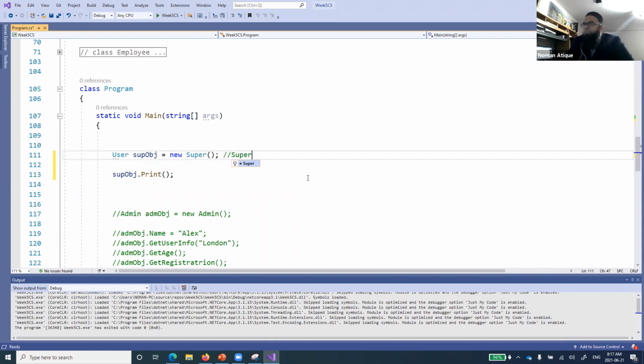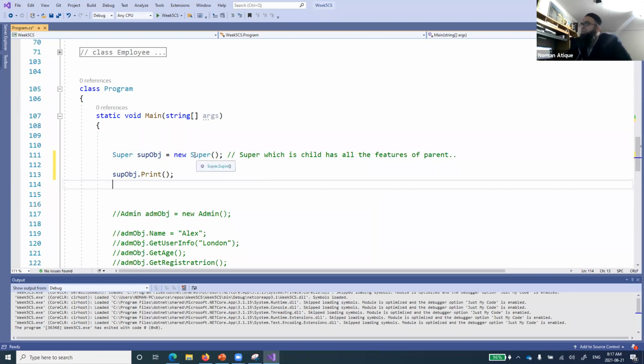Because we know that the child class has all the features of the parent. Does that make sense to everyone? Because the child class has all the features of the parent. So this is one good way of accessing, and we'll be using this concept every now and then, in more and more topics to follow.